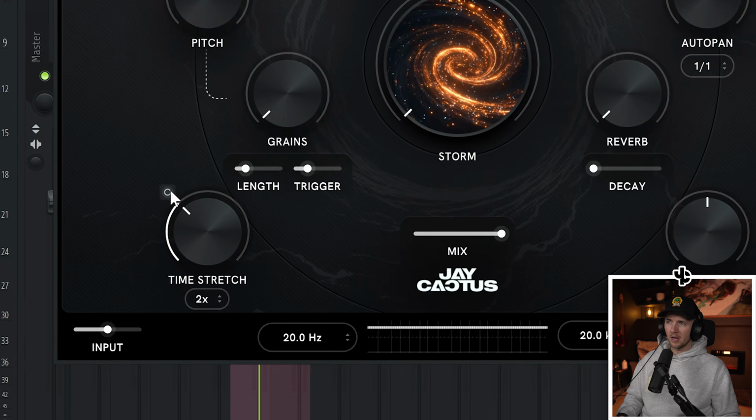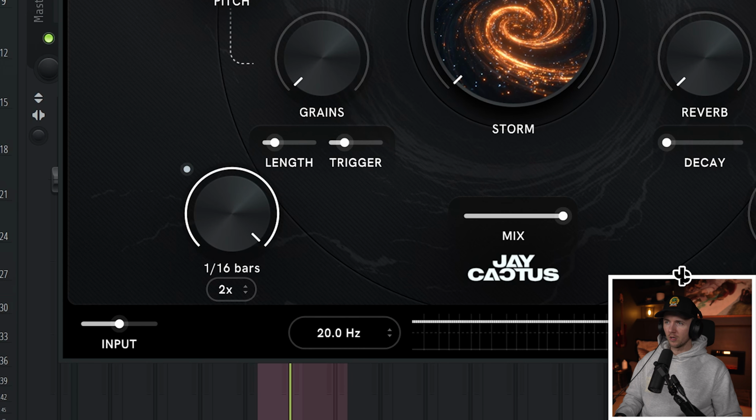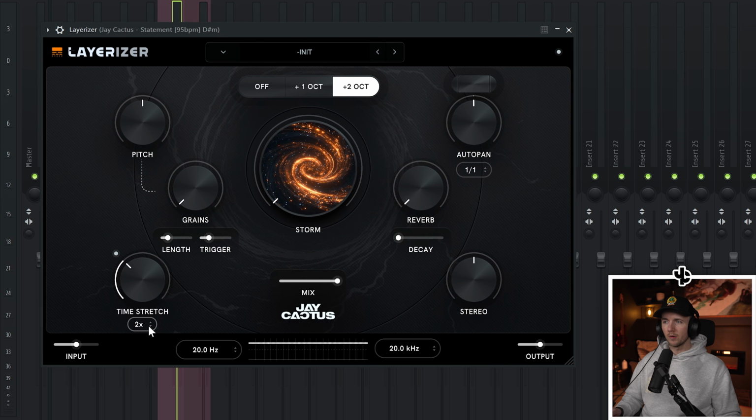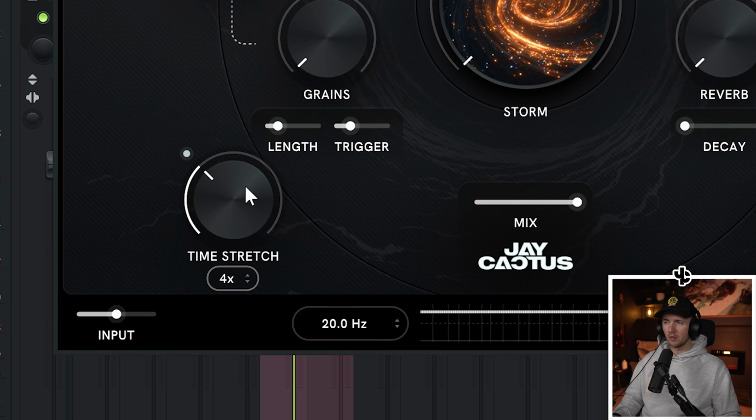But now we can add time stretch. Time stretch is essentially slowing down the melody and looping it over time. We can change that loop, so we can use anything from a 16th to 4 bars. For example, half bar, full bar, 2 bars. I like to set this to around 1 or a half. They're my favorite. Then if you really want to make it intense, you could drag this up to 4 times,